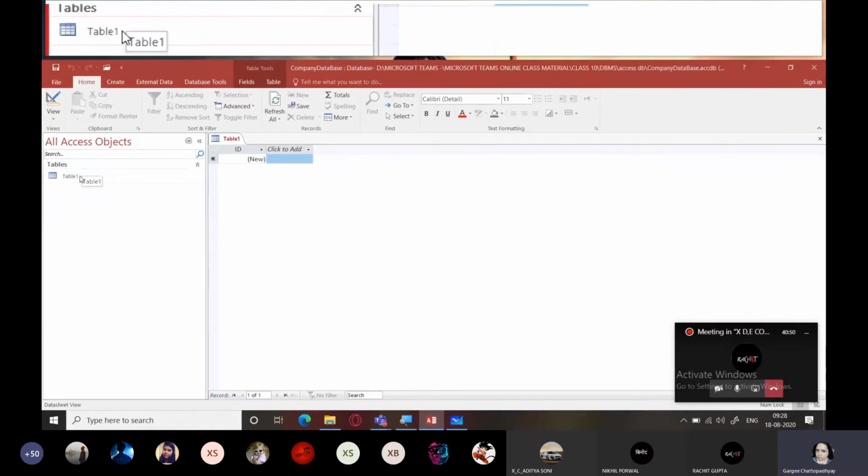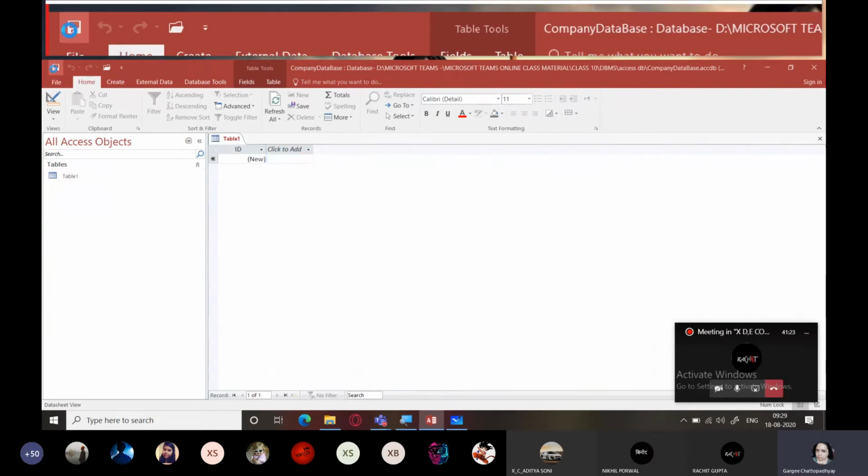Right now, by default, it opens one table. That is, this database is completely empty, so it should contain at least one table. The moment you create a new database, Access automatically creates a table for you, right? Now what our task is, we should not leave the name as Table1, because just by looking at this Table1, nothing becomes clear about what I have to store in the table. So instead of Table1, I'm going to save it. I'll click on this save button.